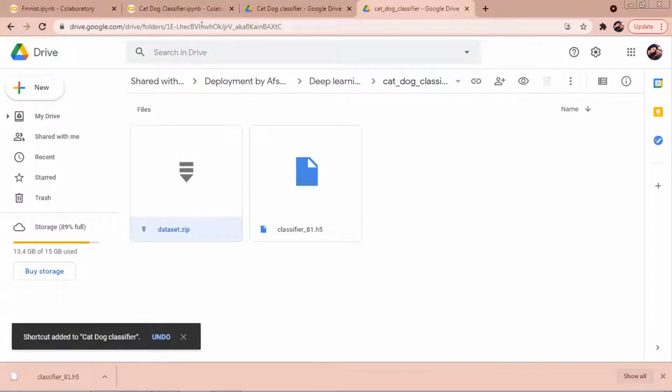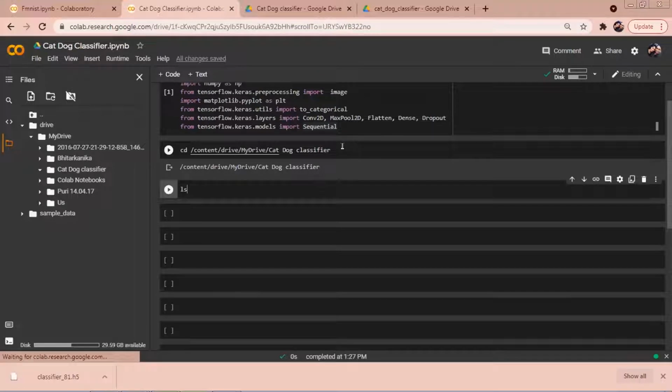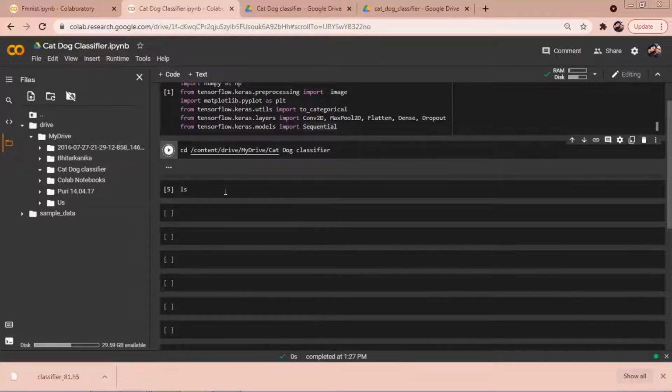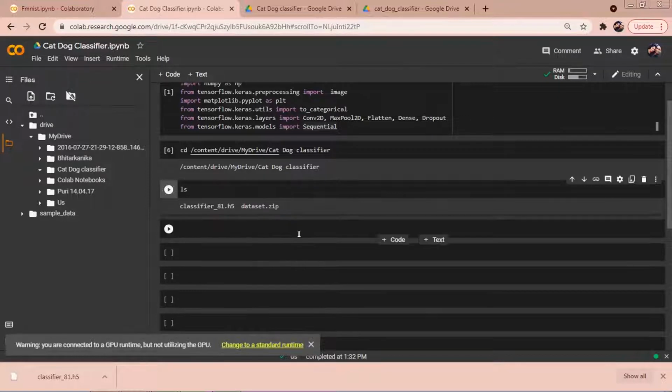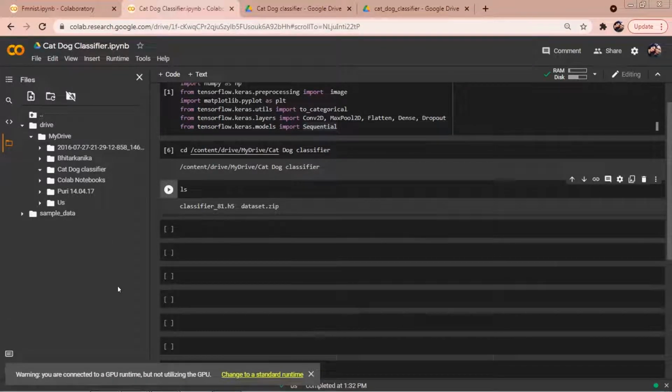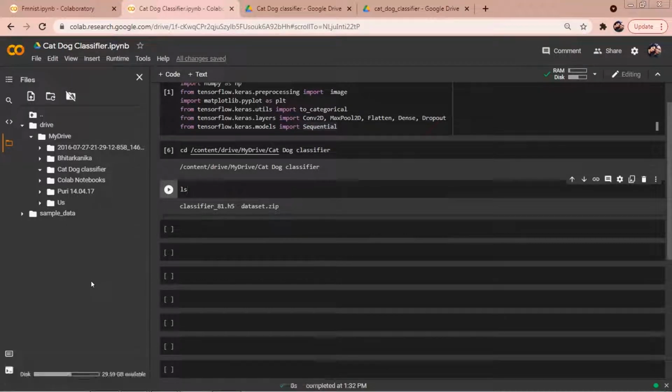So let's do that trick here. Let's see, it's working. Ranjini, you can also do the same trick. Just add a shortcut to your drive in whichever folder you want. This file will remain unless someone removes it, and I think no one needs that file for today. To be on the safe side, just try to upload the things.